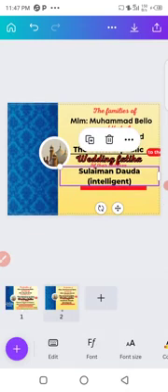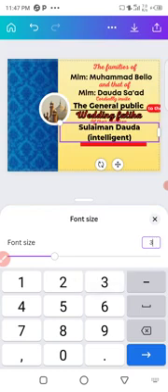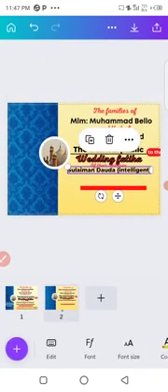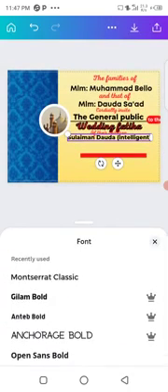So the next thing that we'll do now is you'll come to this font size, click on it, then you are going to give it 35 like this, okay. Then you'll come to this font again and change the font to Montserrat Classic. This is this font, Montserrat Classic font,